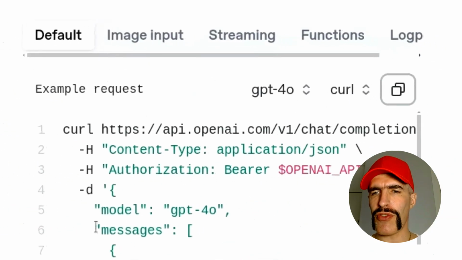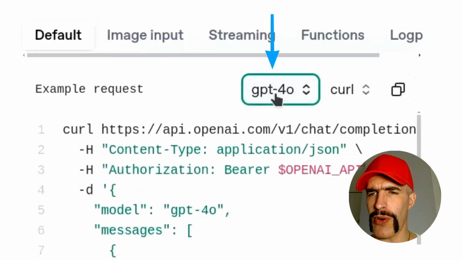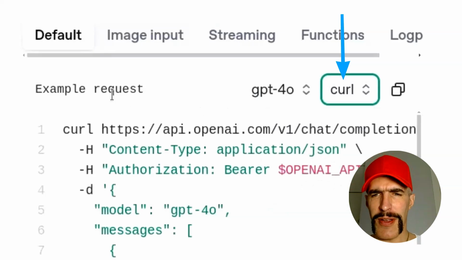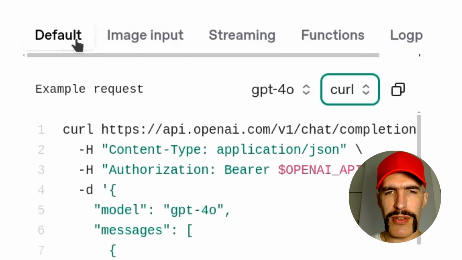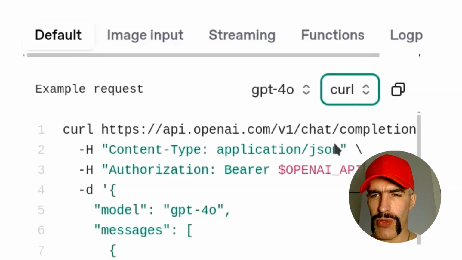Now on the right of the screen we can see the curl request that we are going to use with the model here that is GPT-4o. And we are using curl, so we leave curl here. We use the default, so we are not going to do the streaming API right now. We see that in the next lessons. So let's copy that,